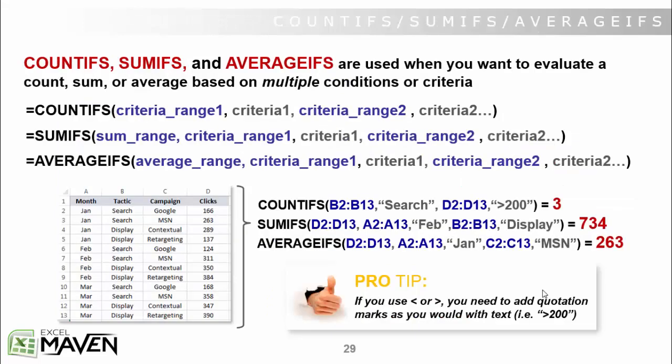It's because each of those functions also have a pluralized version. So COUNTIFS, SUMIFS, and AVERAGEIFS with an S at the end. The only difference is that these functions allow you to do the exact same thing, but include multiple criteria instead of just one. And the syntax is kind of different. So rather than teaching you the syntax for the singular versions and then immediately teaching you a different syntax for the pluralized versions, let's just focus on COUNTIFS, SUMIFS, and AVERAGEIFS,